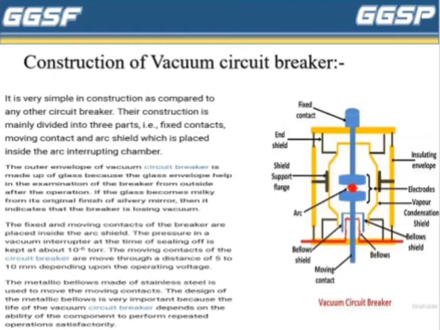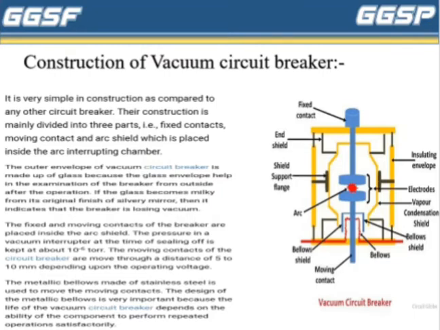After operation, if the glass becomes milky and its original finish or sealing is in error, then it indicates that the breaker is losing vacuum. The fixed and moving contacts of the breaker are placed inside the arc shield. The pressure in a vacuum interrupter at the time of sealing is kept at about 10 raised to minus 6 torr. The moving contact of the circuit breaker moves to a distance of 5 to 10 mm depending upon